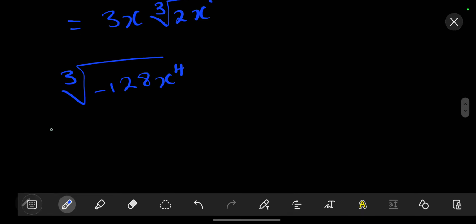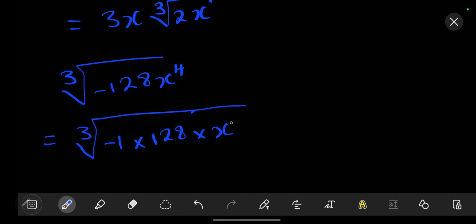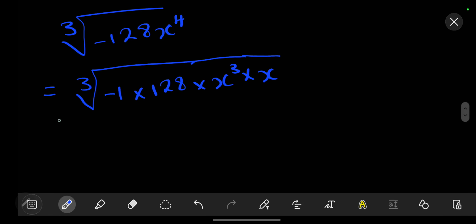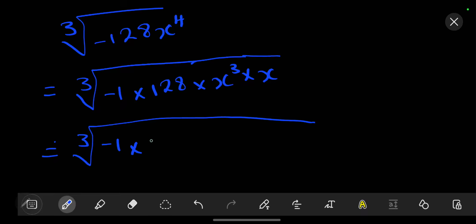So this one can be written as the cube root of the same as negative 1 times 128. Then x to the power 4 can be written as times x to the power 3 times our x like that. So looking at 128, it can be further split. So we have the cube root of, we have a negative 1 times a 64 times 2,